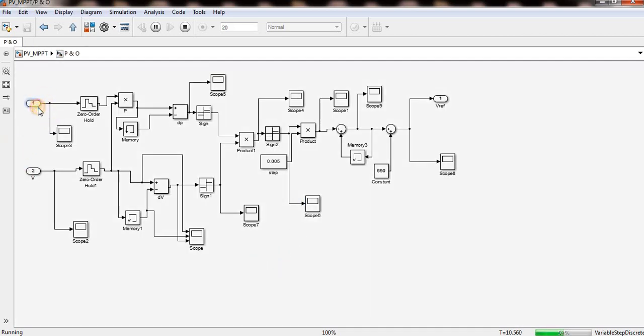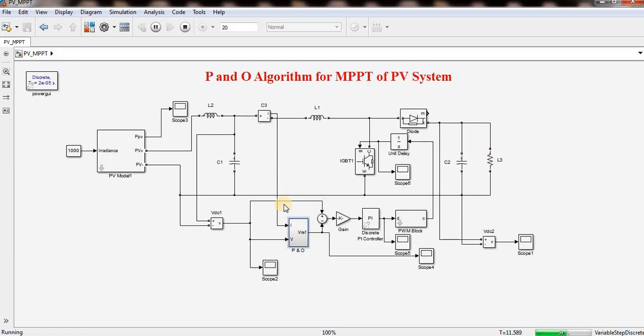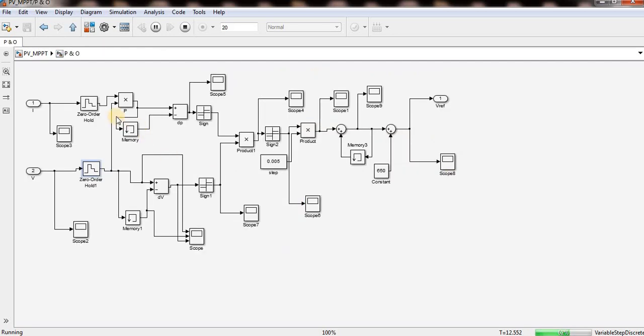I took current and I took voltage. I took a zero order hold here and here also, to hold the one value. It is a closed loop. So the present input values depend on the previous value. If the previous pulse is not there, then how can we generate the present values? So this is the simple logic. This is the closed loop. So I took the zero order hold.